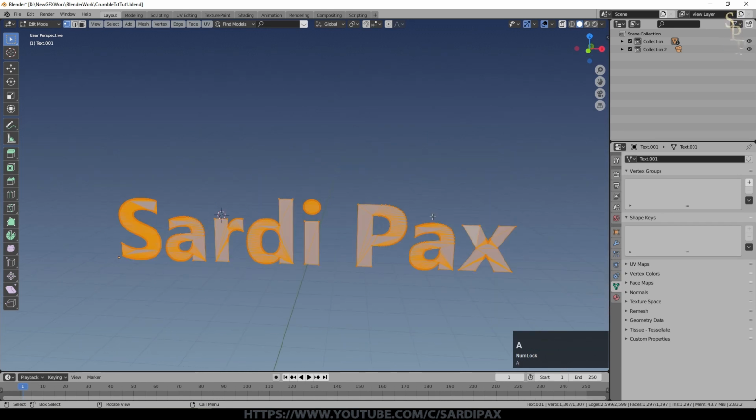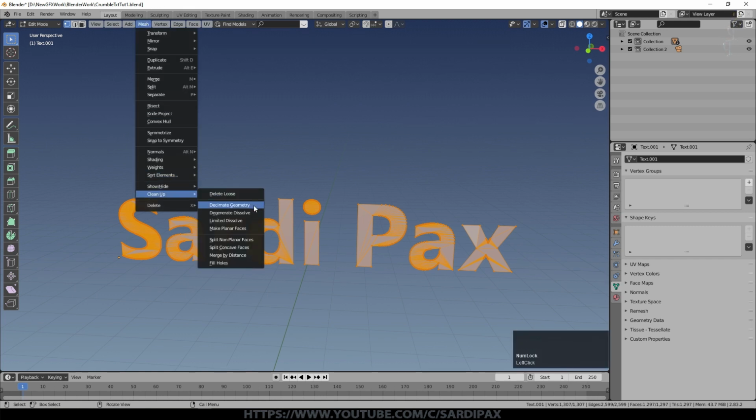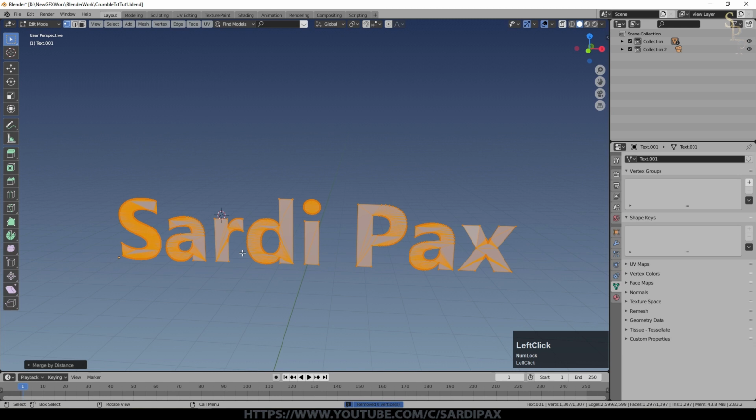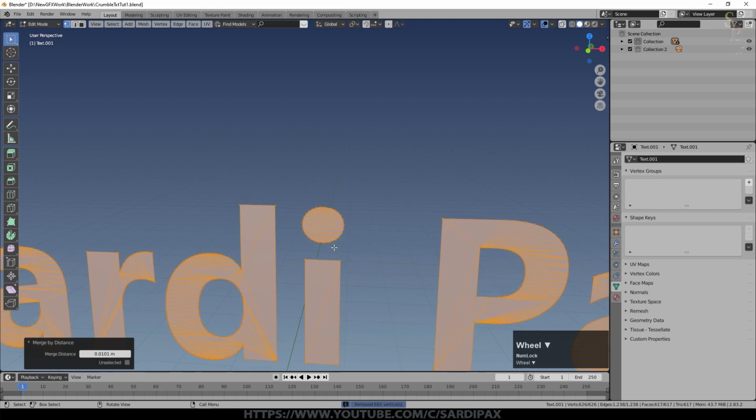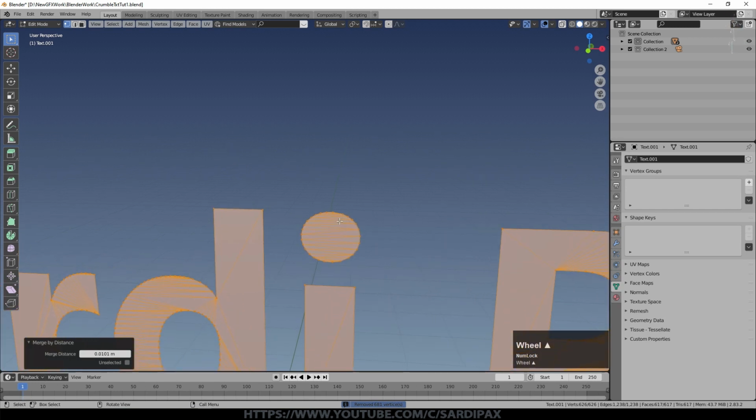So what we're going to do is select everything, and then under mesh, we'll say clean up and we'll say merge by distance. And you may find it doesn't do anything to start with, and you just need to increase this number, and you can see something happen there. And all this is doing is if a vertex is very, very close to another vertex, then it will just merge them into one vertex between them. And we can go a bit high, and you can see that's too high now.